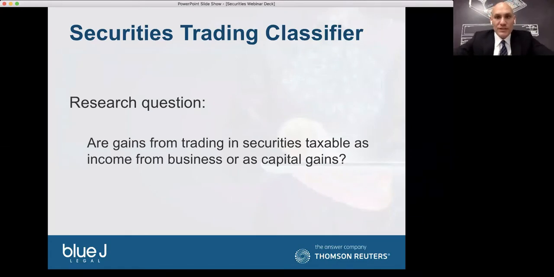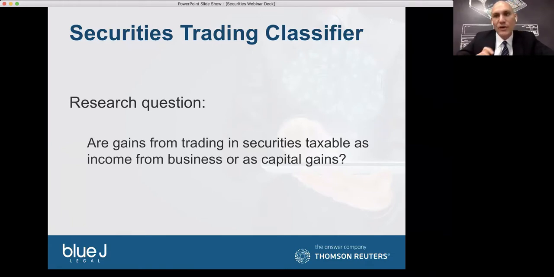Okay, so let's jump into our specific question for today, which relates to securities trading. So securities trading comes up all the time, and under the Act, we know that there's a contest in a lot of cases where facts could be treated either as giving rise to business income, or they could be treated as giving rise to capital gains. And the underlying facts can often support the differing characterizations by the courts, and they depend on really fine distinctions in the facts.